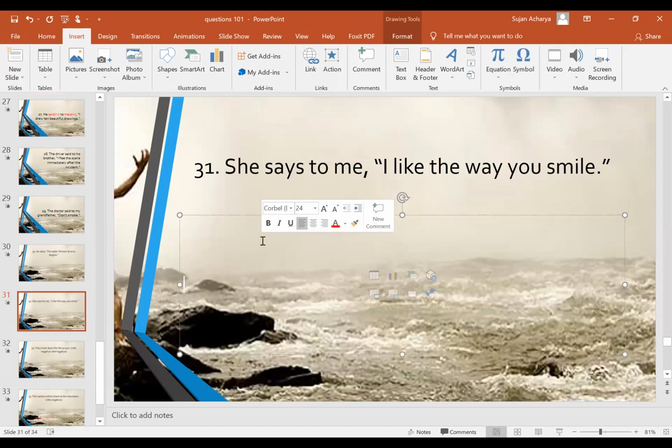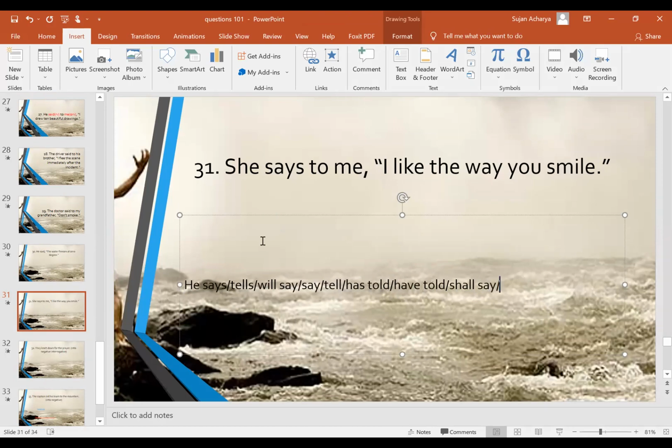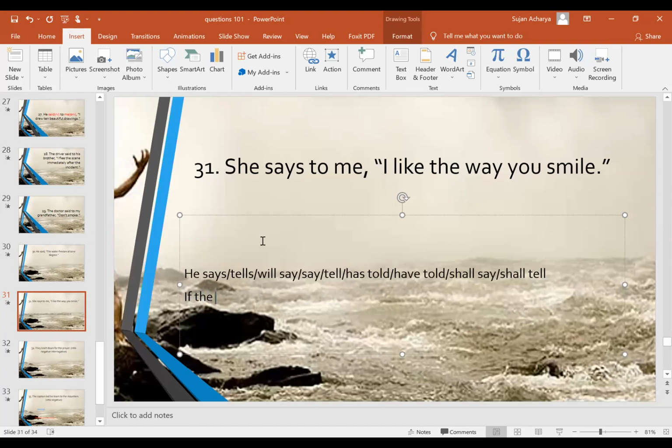If this reporting verb is, he says, he or she tells, says, tells, they say, they tell, they will say, has told, he has told, she has told, they have told, they shall say, I shall say, I shall tell. You boy, if the reporting verb is reporting verb के भयो भने if the reporting verb is